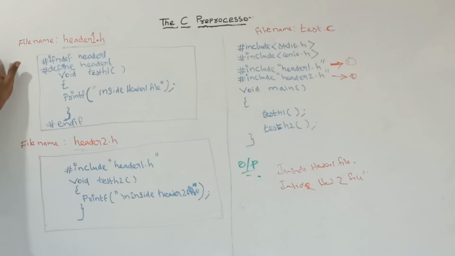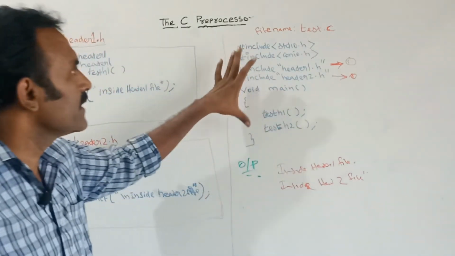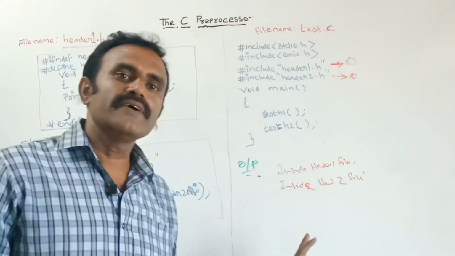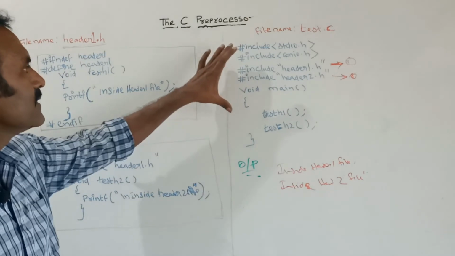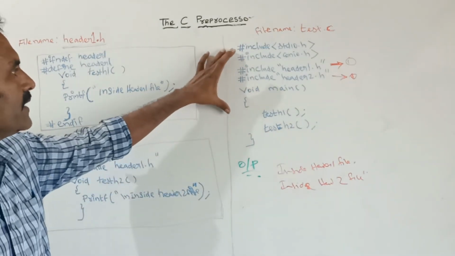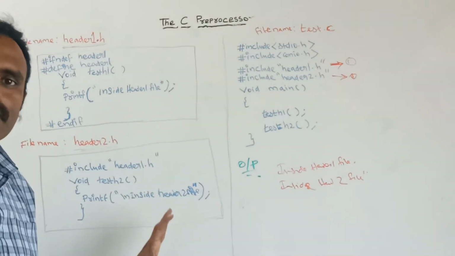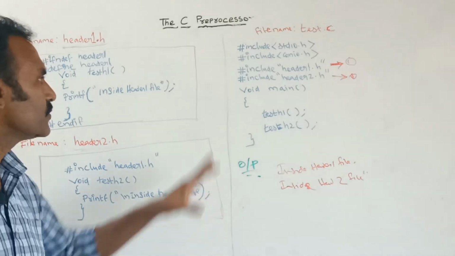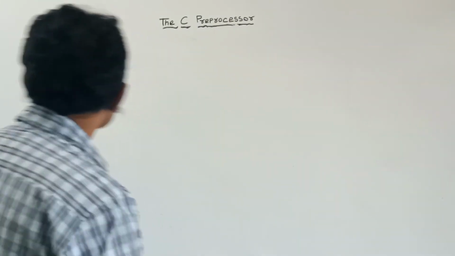So the compiler at runtime, what it will do, I already told you: the compiler takes our source code and translates it to machine code. So while translating, this duplication will be avoided and only the single content will be given to the compiler, and the compiler will convert that to machine code. See, now let us see about the